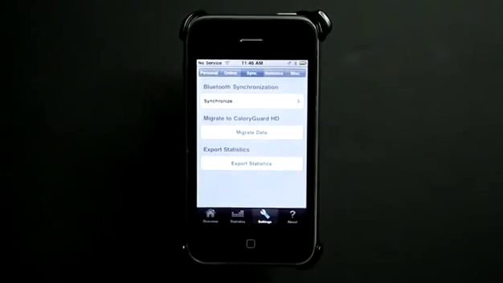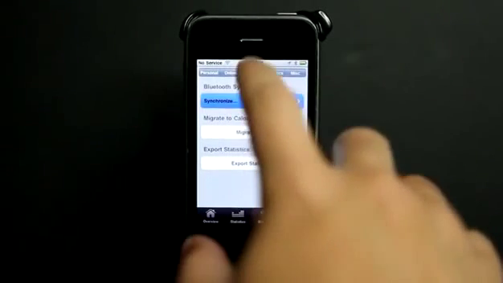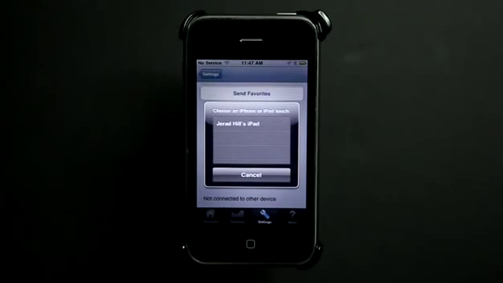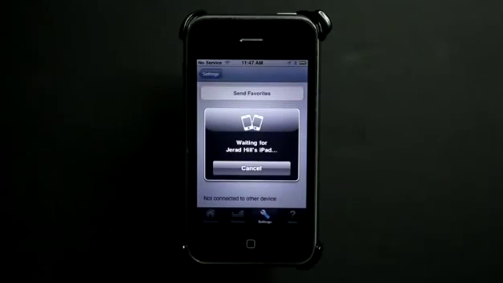In the sync section, this is really neat because this application works not only with the iPhone but with the iPad. And in another video, we're going to take a look at this app on the iPad. So if you have an iPad, make sure you check out that video. We can sync by Bluetooth our favorites and some of our information. So I'm going to tap on synchronize, and I have my iPad off camera here, and I went ahead and tapped for that as well. So it says that I've got my iPad here. I'm going to tap there and hit